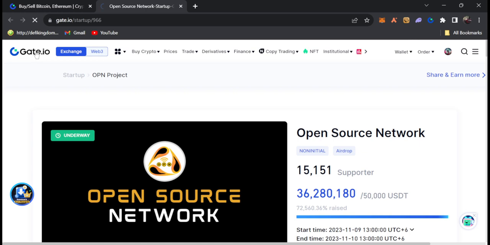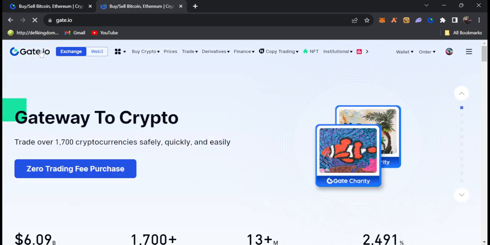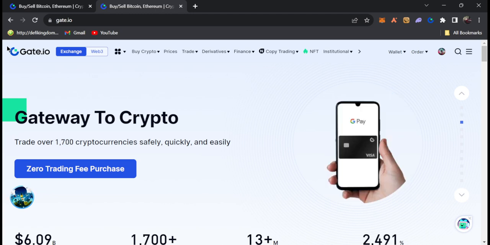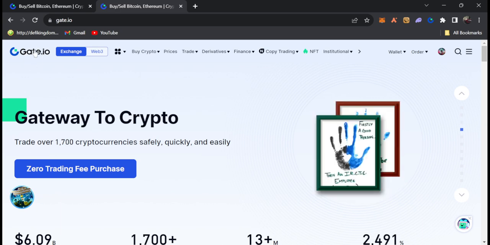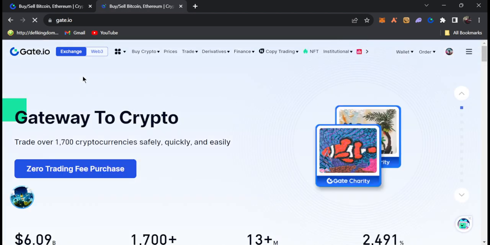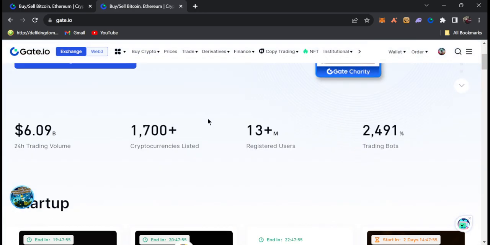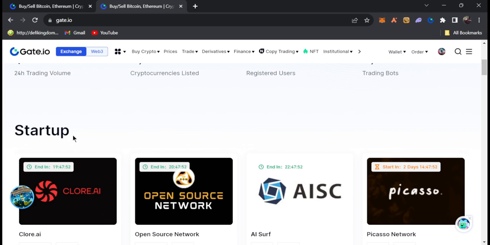So at first you will need a Gate.io account. If you don't have a Gate.io account, just create a Gate.io account, and if you have a Gate.io account, just log into your account, and after a successful login, just go to the home page in the Gate.io app or web browser. So just click on the Gate.io home page, and after entering this page, just scroll down a little bit and you will find the startup option over here,